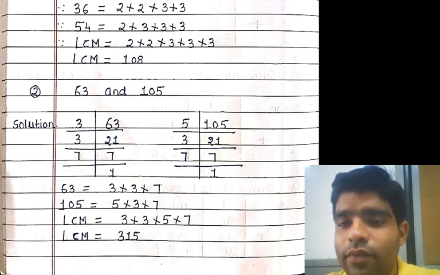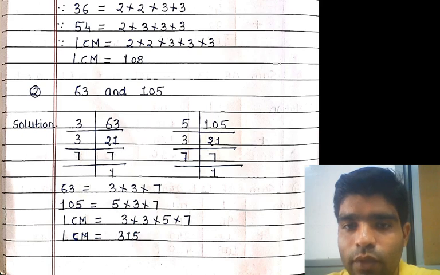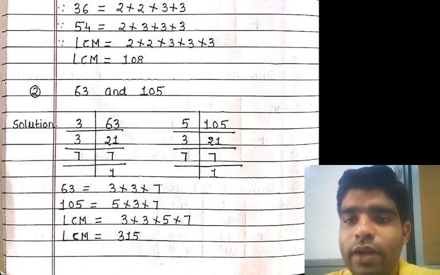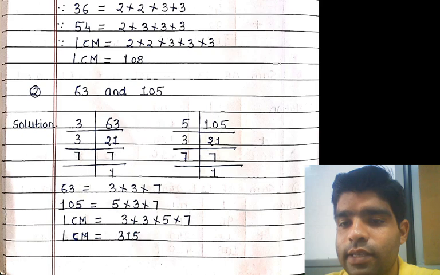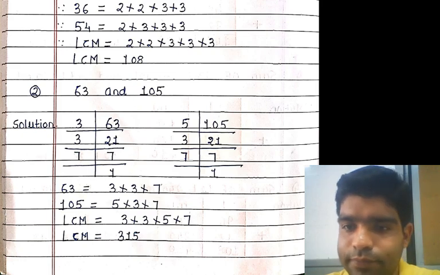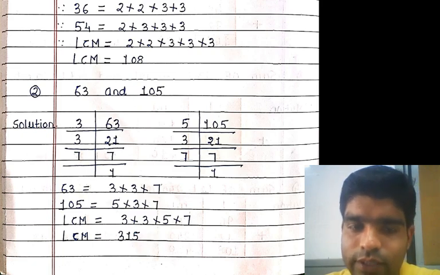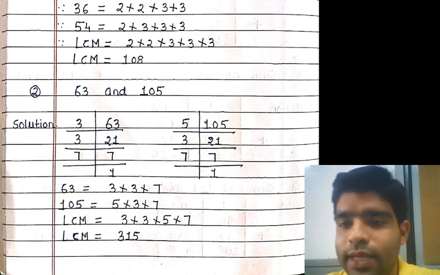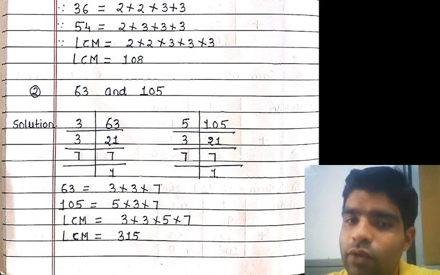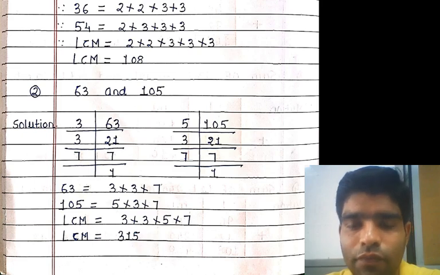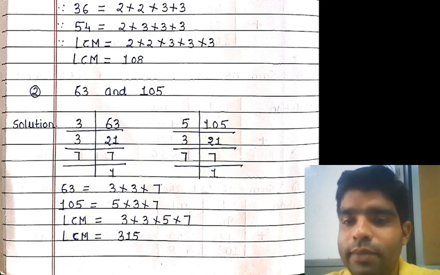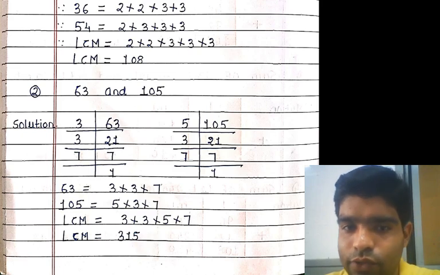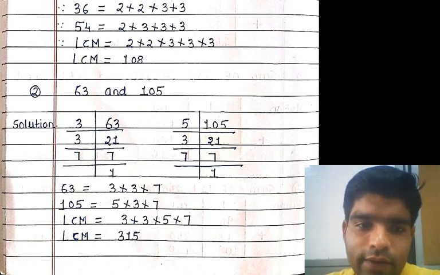Okay, here 7 we write down on the third row. And 7 is also divisible by what? 7. It means that the last answer is what? 1, definitely. Now check whether your answer 105 is correct or not. We just have to check it. This is your 5 multiplied by 3 multiplied by 7. Okay, 5 multiplied by 3, your answer is what? 15. 15 multiplied by 7, because 15 times 7 is 105, it means that your answer is correct also.